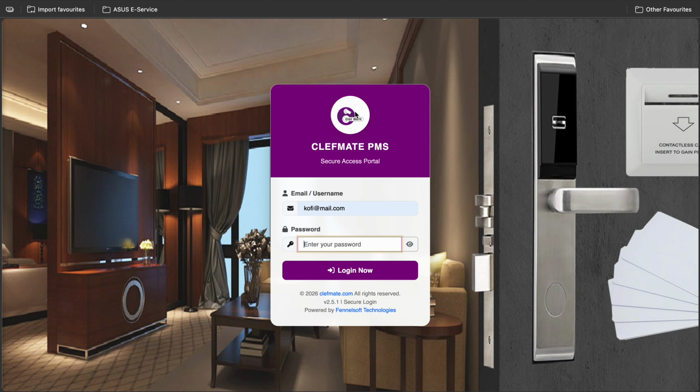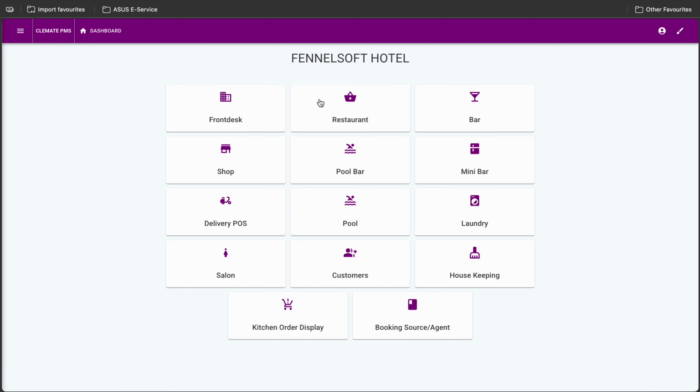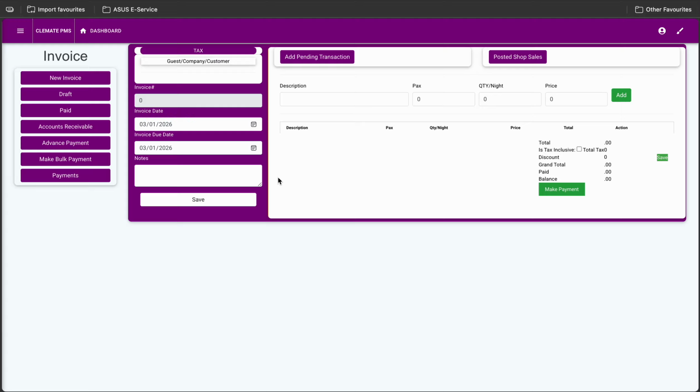To go through how to configure the tax system based on what GRA has brought on board recently, the changes in the tax calculation system. So we have our login system here. Let me log in and then go through. Okay, so let's go to invoices and then preview some old invoices that were using the old tax